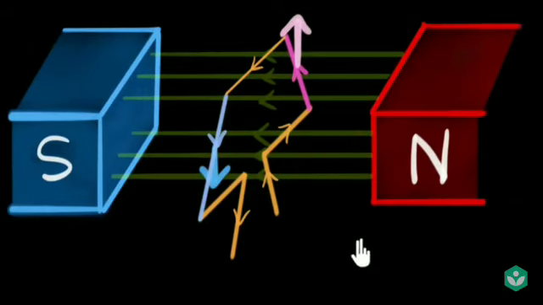Well, to make sure it continuously keeps spinning in the clockwise direction, we have to somehow make sure that when this position comes, the force on this wire becomes downwards and the force on this wire becomes upwards, right? Only then will it continuously spin in the clockwise direction. So we need to reverse the direction of the force. But the question is, how do we do that?